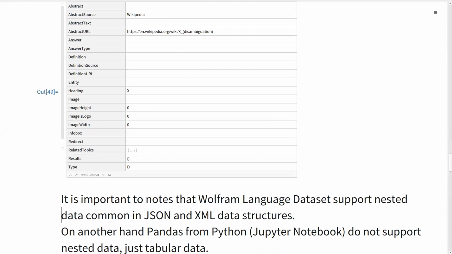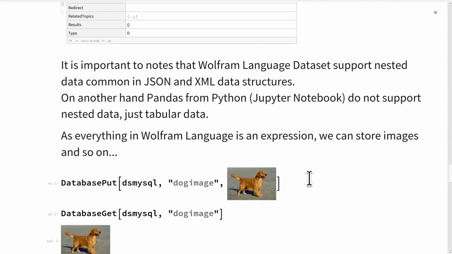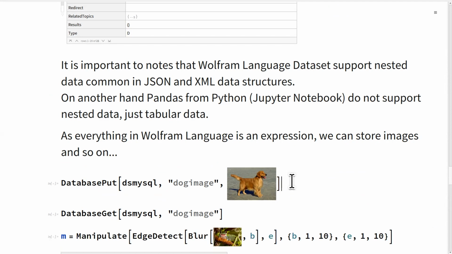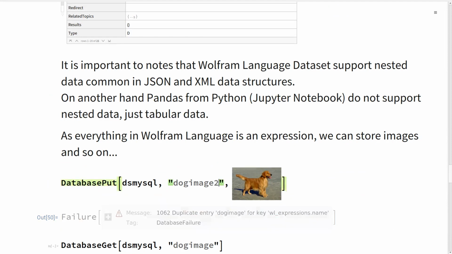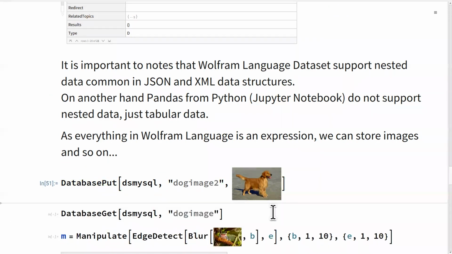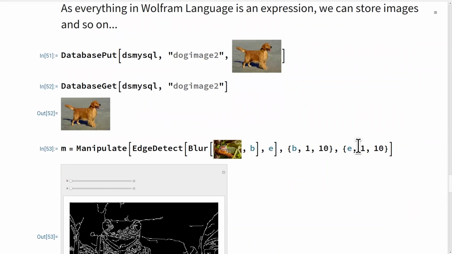It works with basically all the databases we do have. And we can do it with images, for example. I can save the image. The image in Wolfram language is an expression too, okay? Oh, it's duplicated. I have already sent this thing. And so if I save here, I don't know, dog2, and then I can have back this dog2 from the database. Or I can save, manipulate, or any expression from Wolfram language, I can do that.